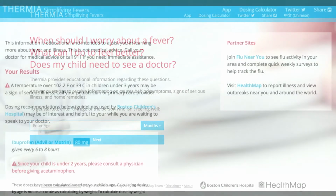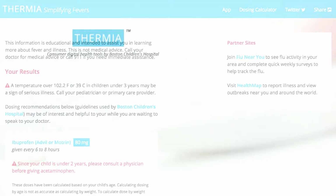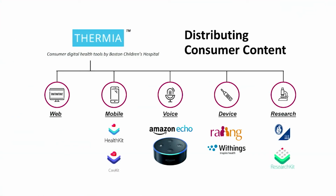So we built this tool that gives recommendations back to patients about the fevers that their child or their family members are experiencing. But more importantly, on the back end, now we're capturing incredible data about symptoms, about fever, about vaccination status, and once again, that can feed into surveillance. We can start to think about taking these decision support tools that we're building for consumers and pushing them through all sorts of different